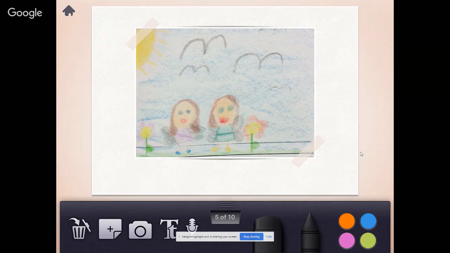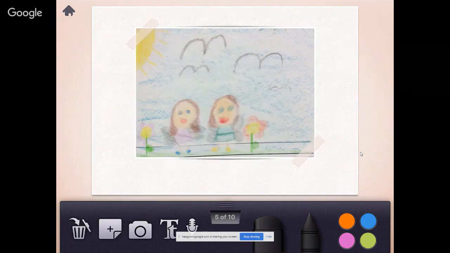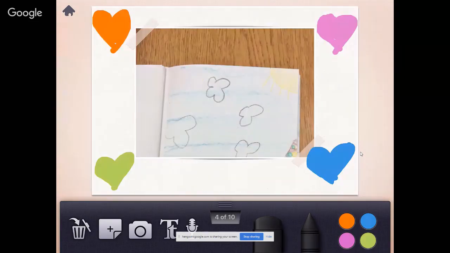So I'm just going to record that with my voice. She showed Rose how to make her wings go up and down. So again, I will click out of this picture. I'll go back to this page.